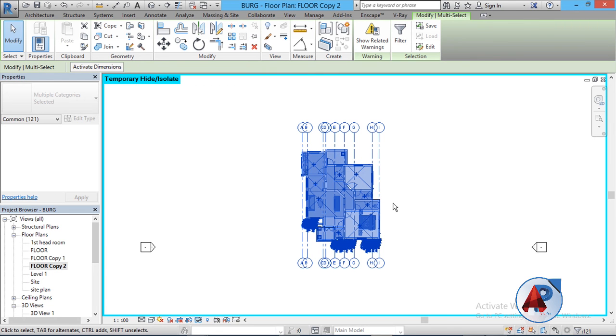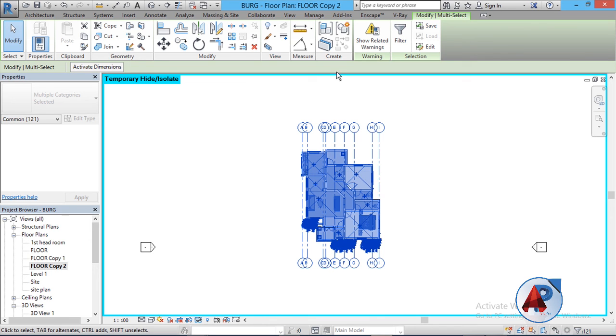Now I have made my selection. My selection covers everything over this floor plan, but I actually want to remove one or two things from it. Clicking Shift and clicking is going to take a lot of time because I have so many things to do.